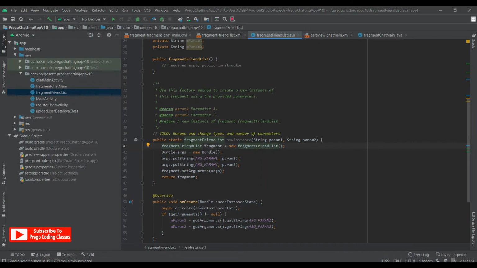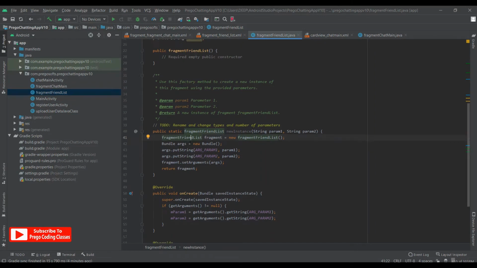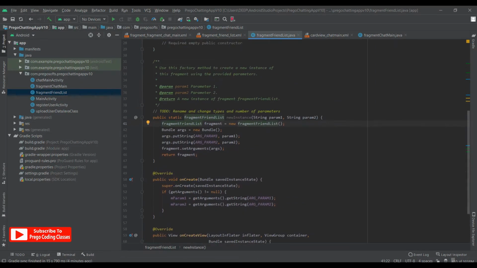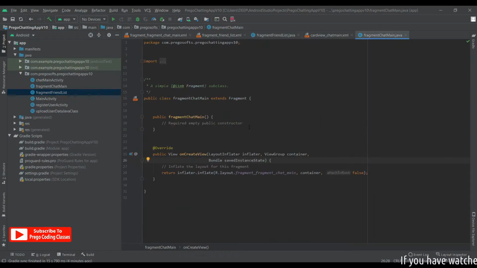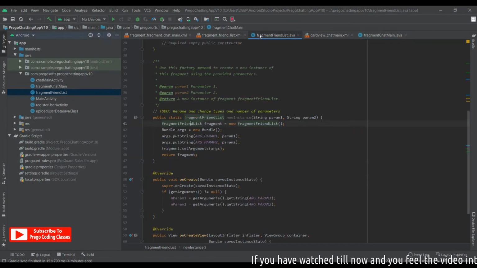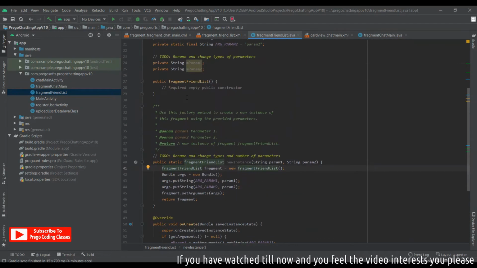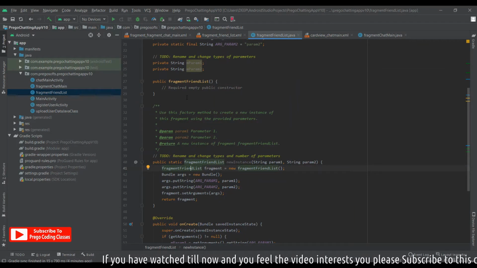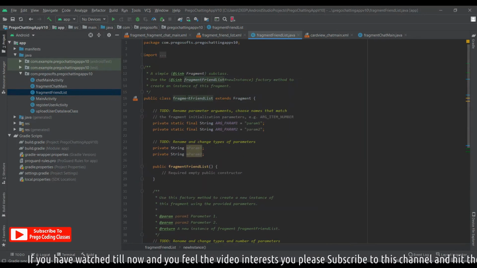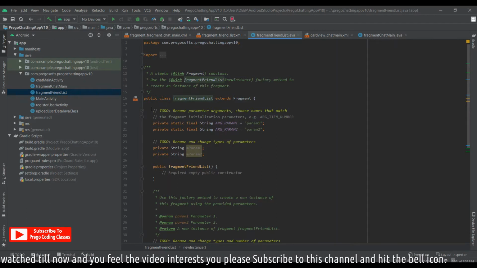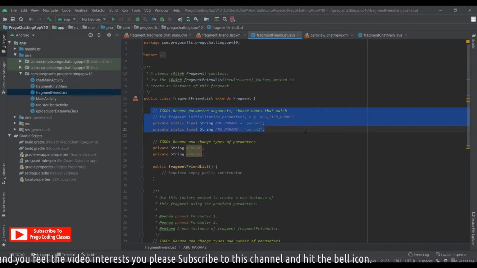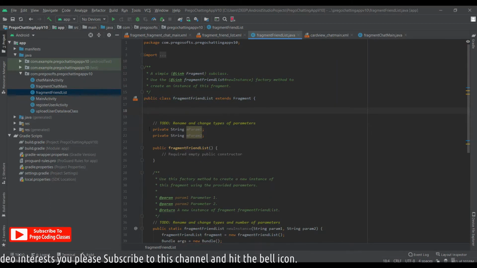As the fragment is created, you can see that there is a lot of new stuff given over here. As my Android Studio is updated to the newest version, they have added a lot of things. Like before, if we created a new fragment, only two of the methods were given, but now a lot of stuff is given just to make the programmer's life easy. But we will just delete everything except two things. We'll delete these, and we'll also delete this one.